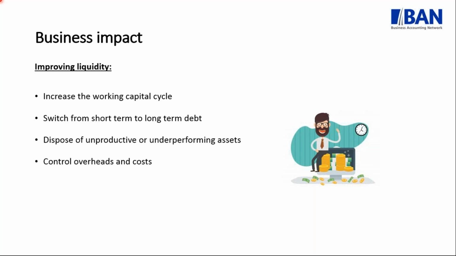Try and negotiate longer payment terms with your creditors. So let's say, for example, at the moment you are paying your suppliers in, say, 60 days. See if you can't push that to 90 days if you want to improve your liquidity. And if you look at your working capital cycle, always compare your debtors and your creditors. For example, if you've got debtors terms of 60 days, but you need to pay your creditors in 30 days, you can already see that there's going to be a problem, because there's going to be a cash outflow before you get a cash inflow. So try and work it so that you have it the other way around. Possibly get your debtors at 30 days and your creditors at 60 or 90 days. And you can see that you will get cash in, which you can then use to pay off your creditors.